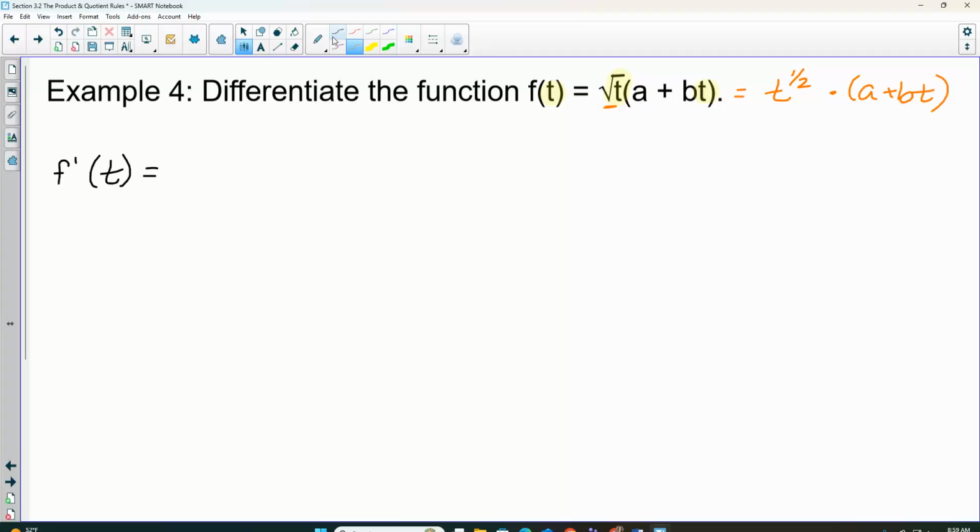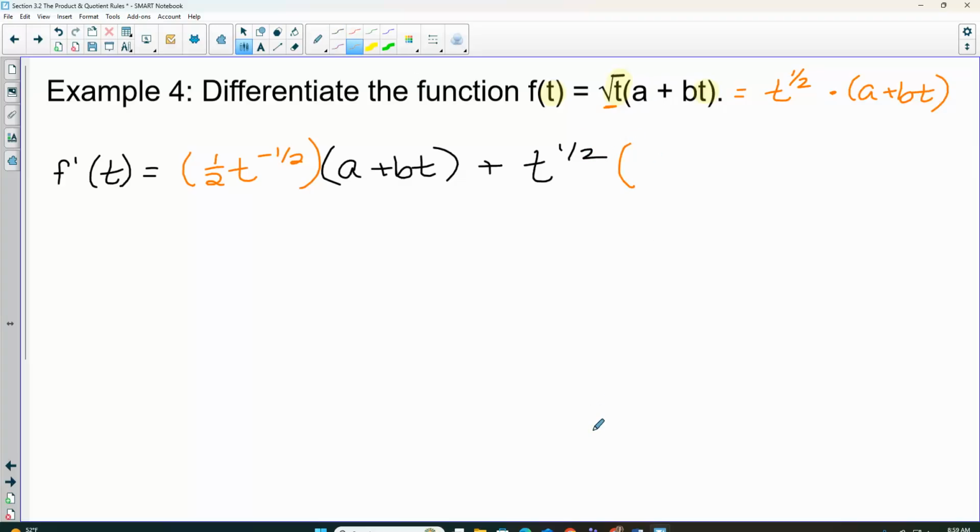Again, you could certainly multiply this out, but we're practicing product rule, so I'm not going to yet. So derivative of the first, derivative of t to the 1/2 would be 1/2 t to the negative 1/2, times the second, so my a plus b to the t stays,